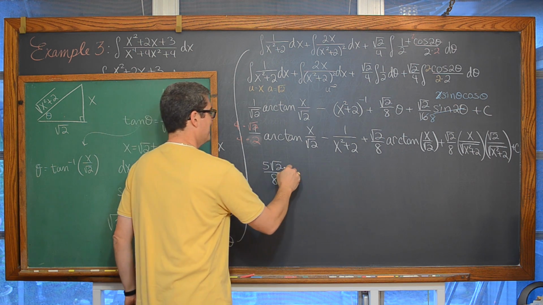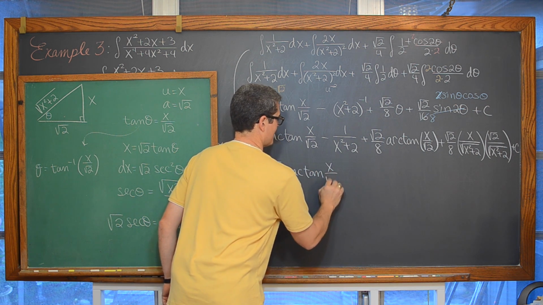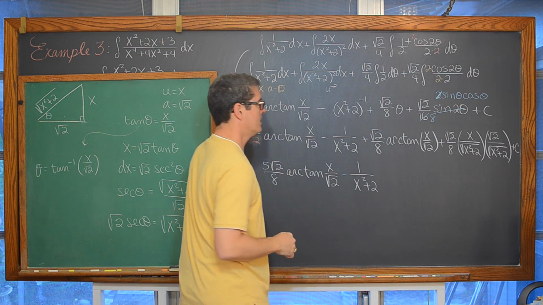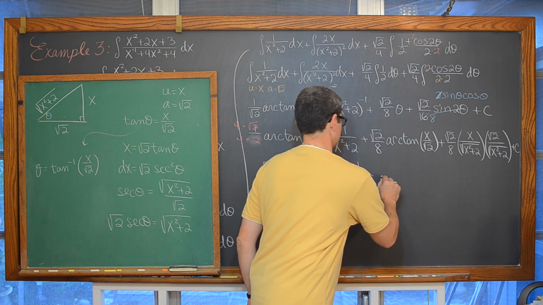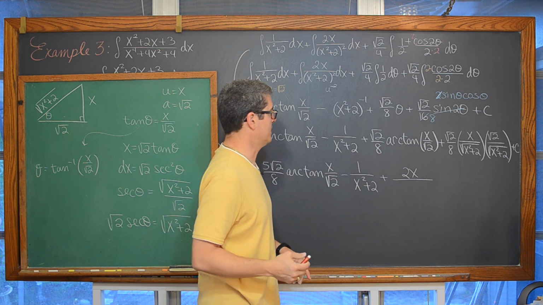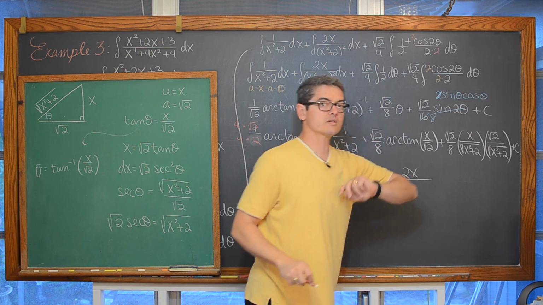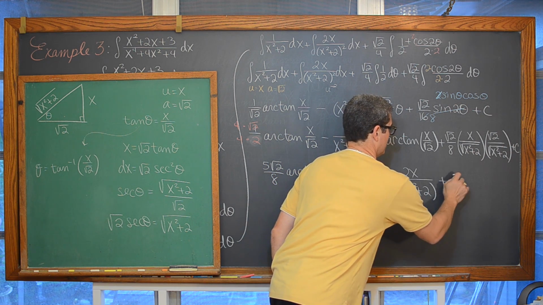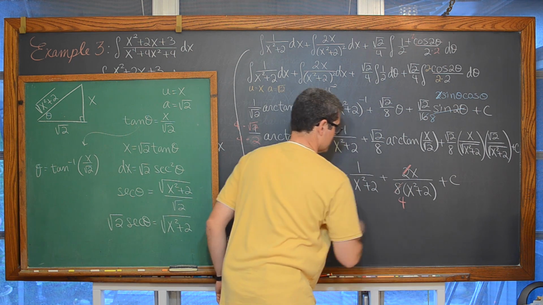Now I'm going to doubt everything I say. Arctan of x over the square root of 2 minus 1 over x squared plus 2. Here we have the square root of 2 times the square root of 2 is 2x. And of course the 2 is going to cancel out with 8 here in a minute. We have 8, and the square root of x squared plus 2 times the square root of x squared plus 2 is just going to be x squared plus 2, plus c. Here we have, of course, the 2 and the 8 canceling, giving us 4.